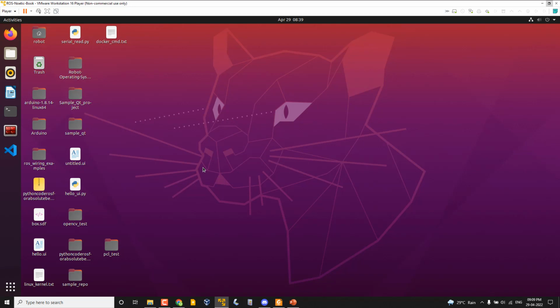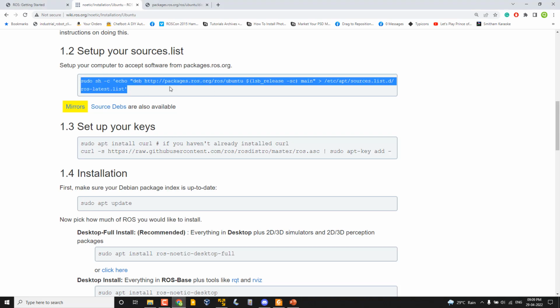So in Ubuntu it is a .deb file. You can simply click and install the application if it is a deb file. All these deb files of ROS are actually in